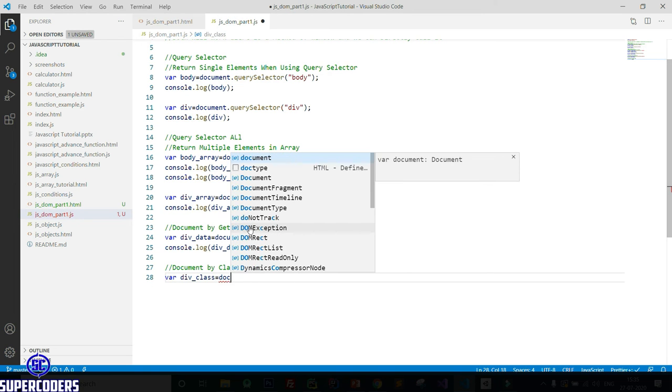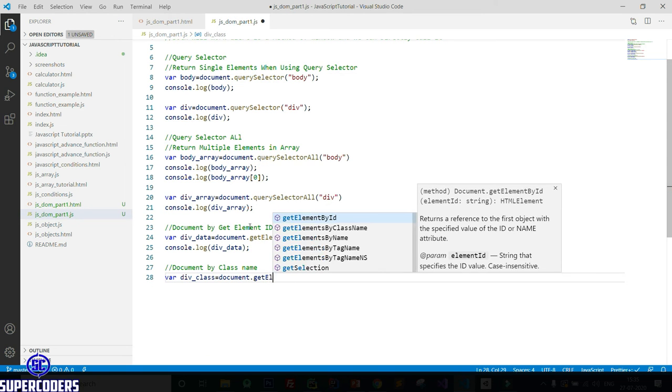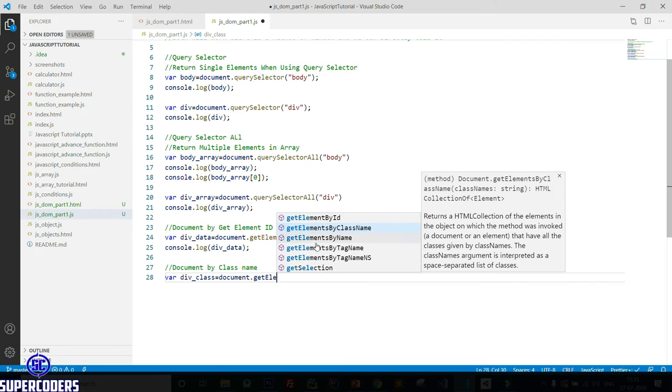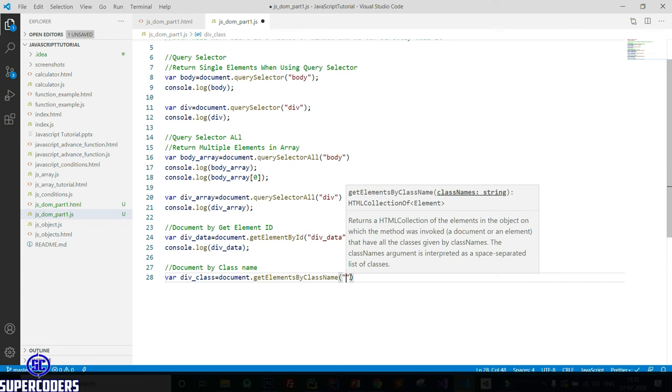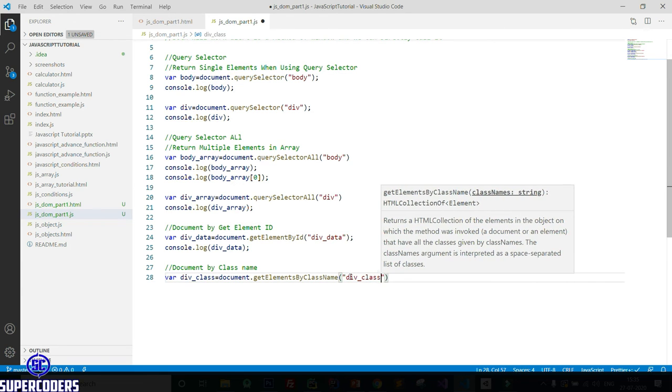Now access this element. So document dot getElements. Here comes elements. When you access a single element, it shows element, but when you access multiple elements, it shows elements. So class will return data in array format, but ID will return data as a single value. You can see by class name, by tag name, by name. So I am using class name. Then pass the value, div class.